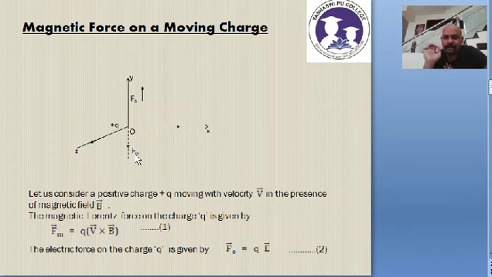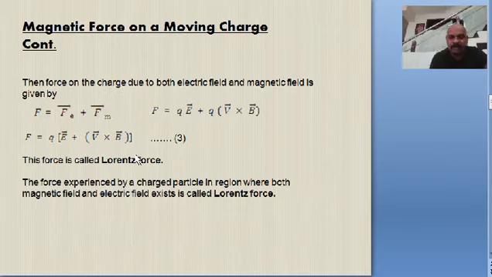So very clear, dear students, the magnitude of the magnetic force acting on a moving charge is given by F is equal to Q V B sin theta, because it is Q into V cross B. The direction of the magnetic force is perpendicular to the plane containing both V and B. V is along, say, the x-axis, B is along the z-axis, you complete the plane, and perpendicular to that will be the magnetic force.